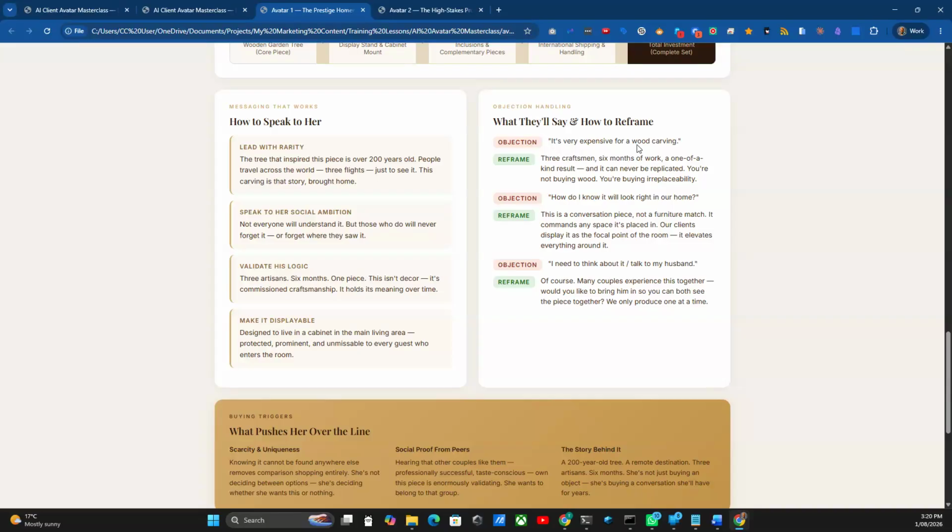extinguished. "It's too expensive for a wood carving." Three craftsmen, six months of work, one of a kind result. It can never be replicated. You're not buying wood, you're buying irreplaceability. Can you see that? So these things now,